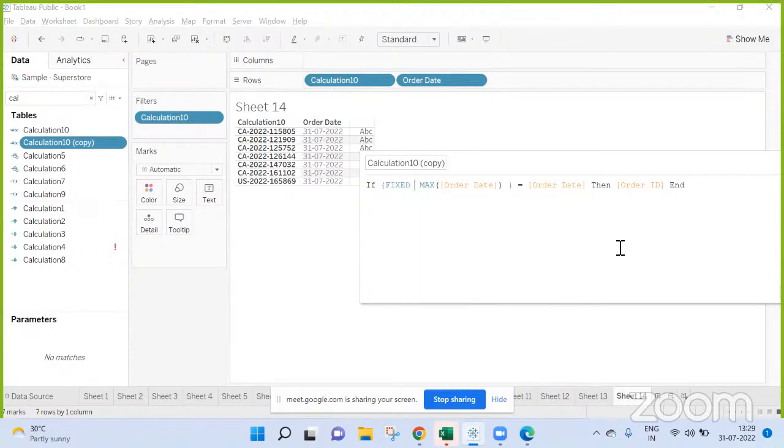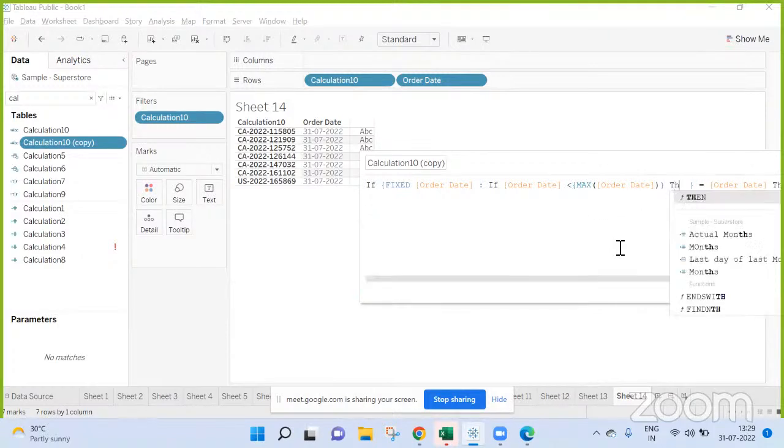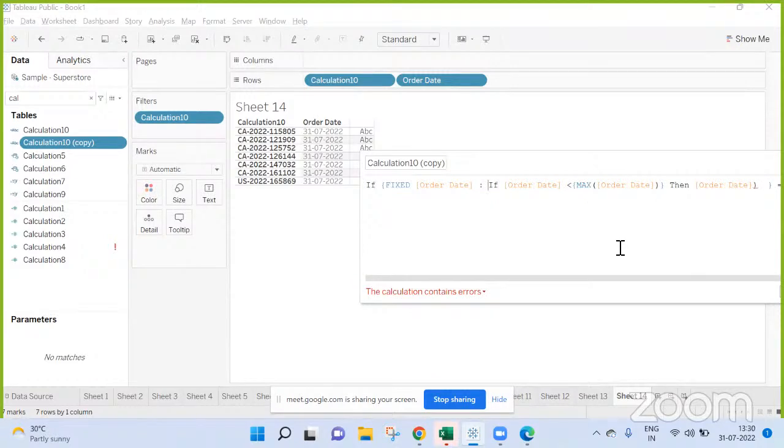Fixed order date column: if order date is less than the max of order date, then order date. I am putting this in max.